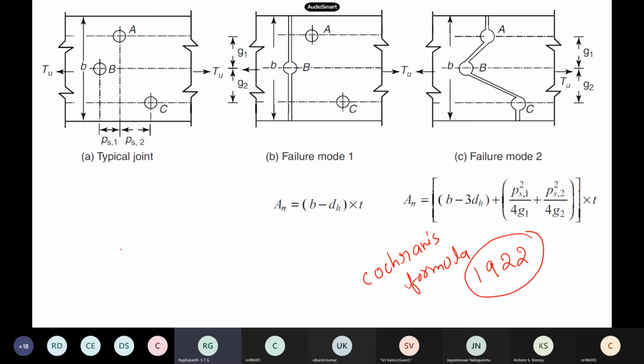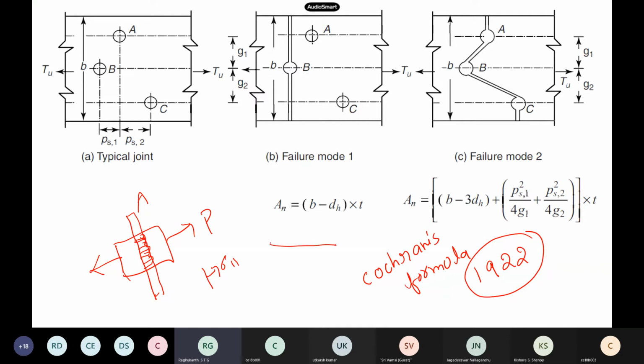Suppose it is like this, in tension. If I take a plane here, what will be the stress if A is the area of cross section? P by A, and how will it be distributed? It will be distributed in a uniform kind of a way. So any plane you take, you have only sigma 1 only. There are no shear stresses.